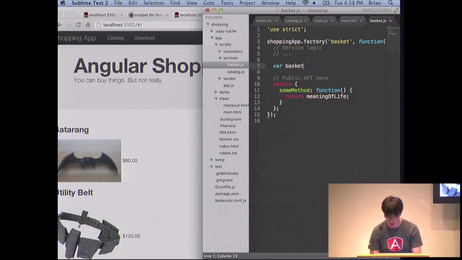So we'll call this basket. This is going to be a local representation. We'll have getter and setter kind of things. So if you want to get this, it's just going to return the basket. If you want to add an item, such as one that we have in our catalog, we'll take an item, and if the basket has something with the same ID as that item,